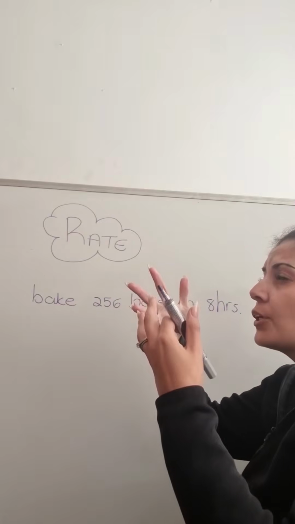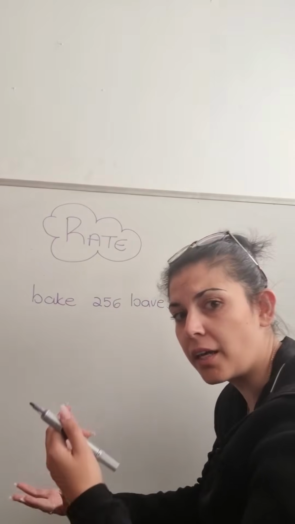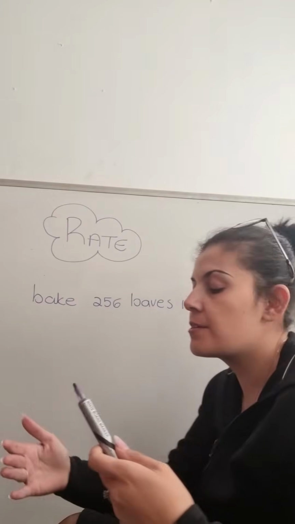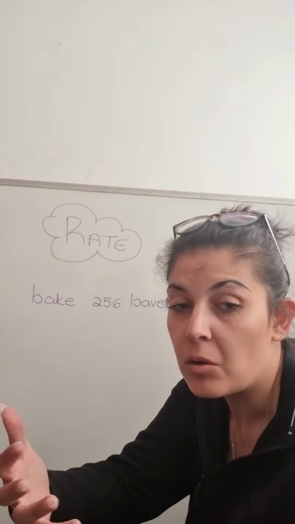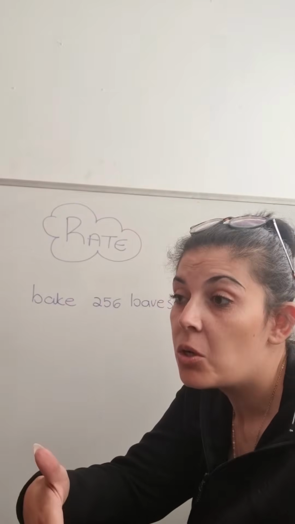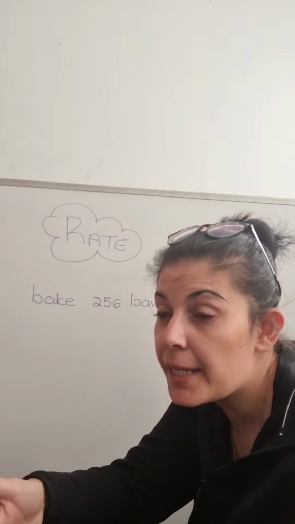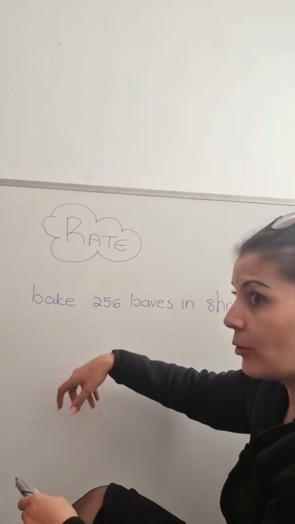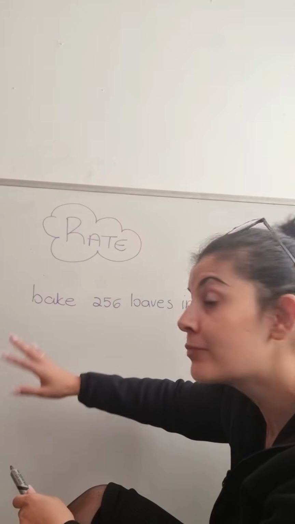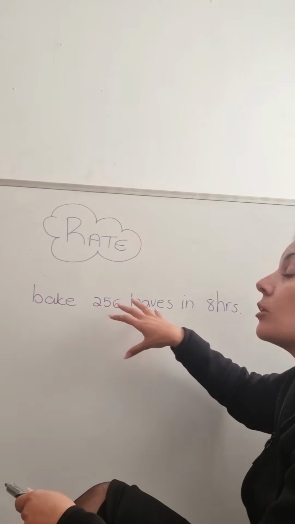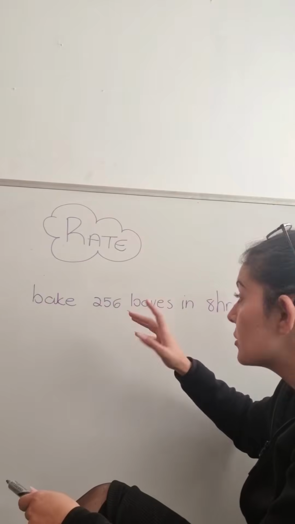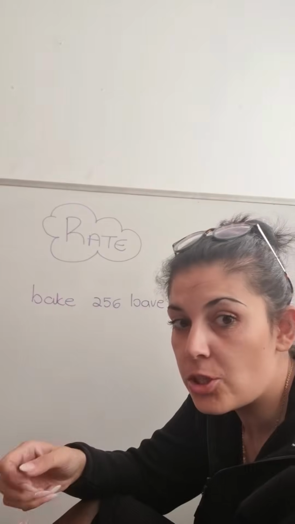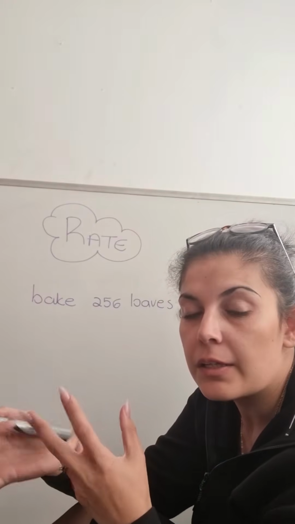This is when you take a ratio and now you have to apply it to different things. So what they'll usually say is someone does something, makes something, or works a certain amount of time, or works for a certain amount of pay in a certain amount of hours. Like here, someone, let's call him Joe, can make 256 loaves, I'm assuming of bread, who knows, in 8 hours. Now let's assume that the first part of the question is how many can he make